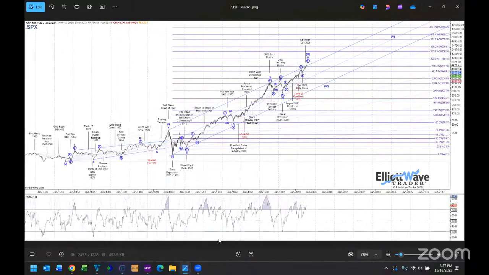We're going to start with the S&P 500. And I'm going to show you a 100-plus year chart on the S&P 500. One of the things that we learn about when it comes to Elliott wave analysis is the third waves of the five-wave structure are usually the strongest, and that's in the general equity market. But in commodities such as gold and silver, it's usually the fifth waves that are the strongest.